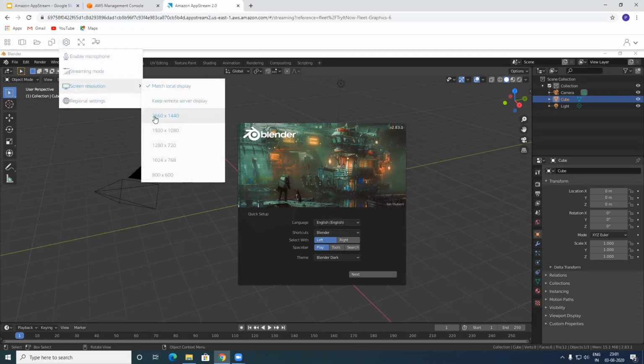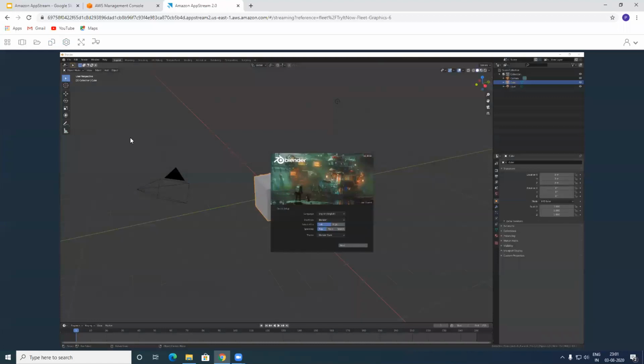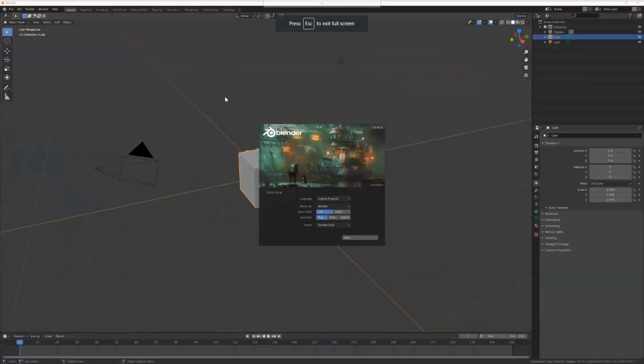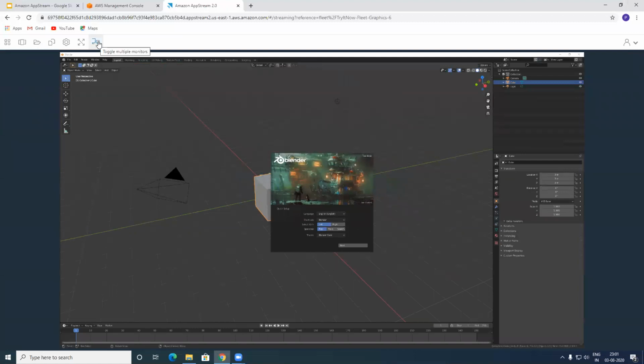Let's change the screen resolution to 2560 by 1440 and see how it works. Awesome. It's amazing. It supports 1440 pixel resolution. You can always take a look at the regional settings. You can go full screen. If you would just like to work full screen, you can do Windows right or left, I believe should work. I'm not sure why it doesn't. Okay, let's exit from full screen. Type escape. Yep. You can always go ahead and toggle your multiple monitors if you do have multiple monitors connected. I don't have that right now.